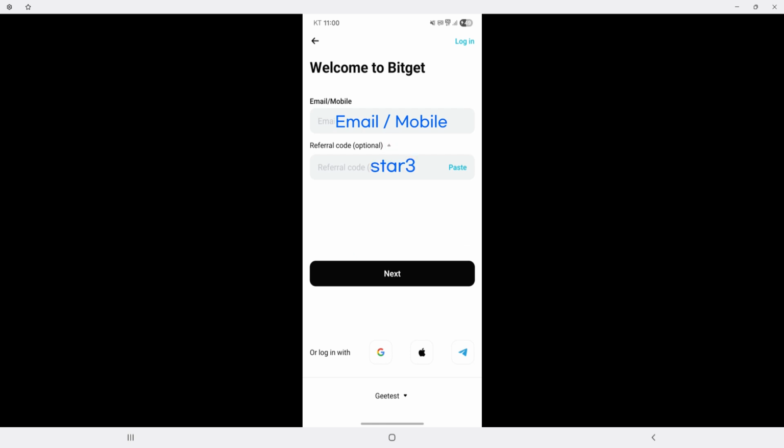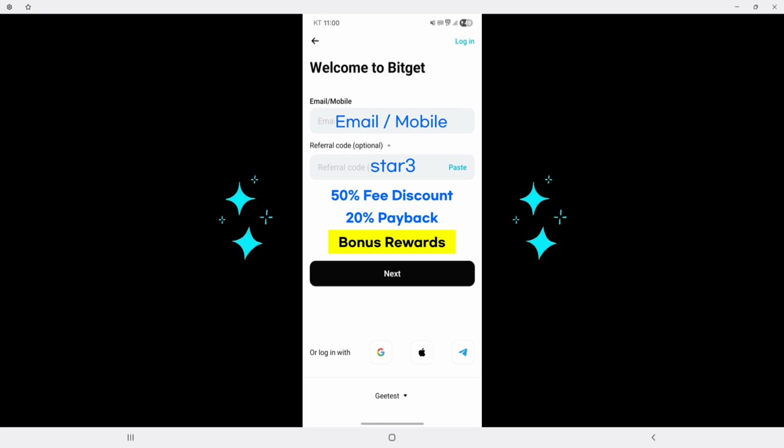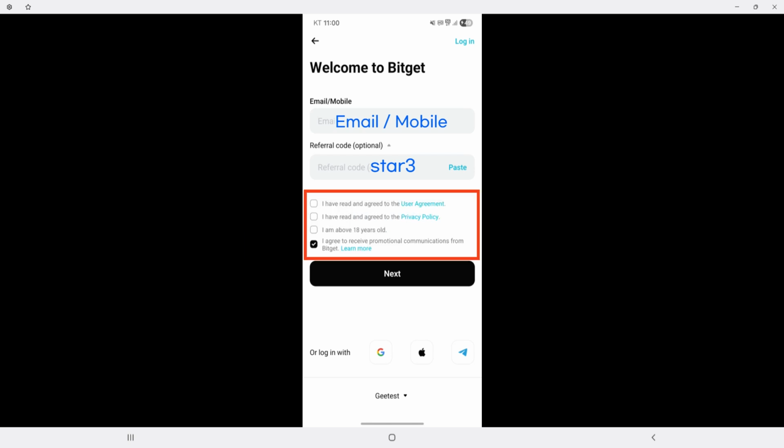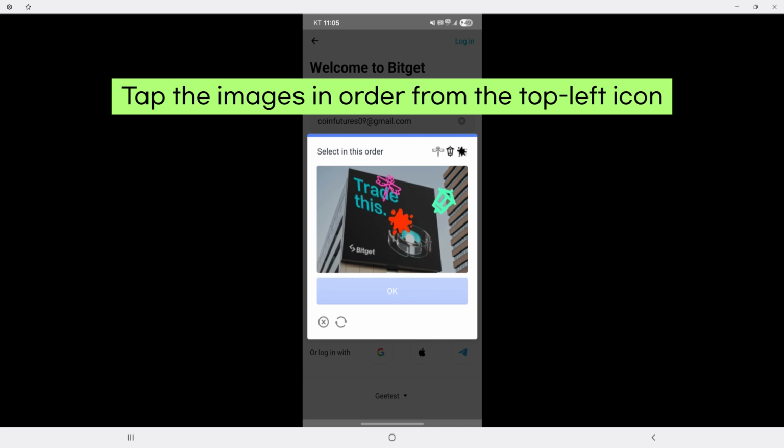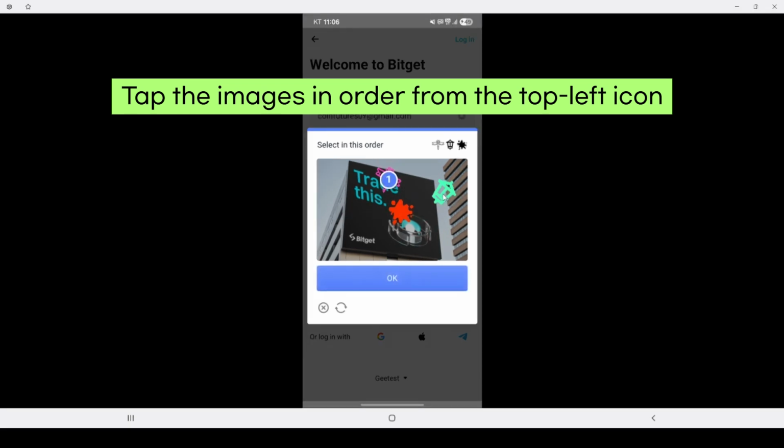If you enter the referral code *3, you can receive a 50% trading fee discount and 20% cashback, along with additional bonus rewards. Now, check all the required agreement boxes below. For the second agreement, please scroll down to read through the content. Then tap Next. Follow the sequence of the icons displayed in the upper left corner, and select the matching images